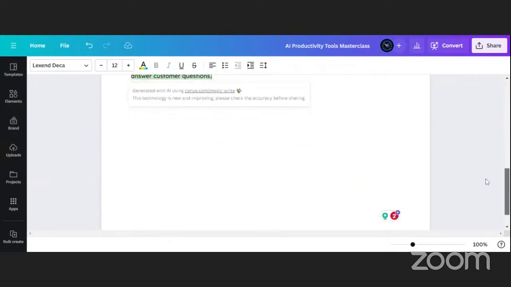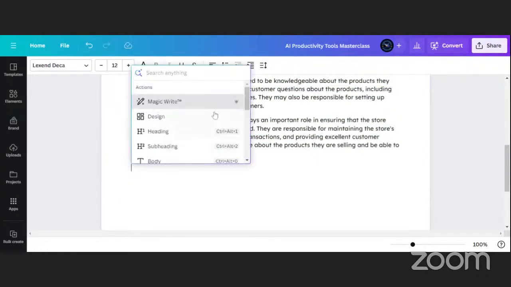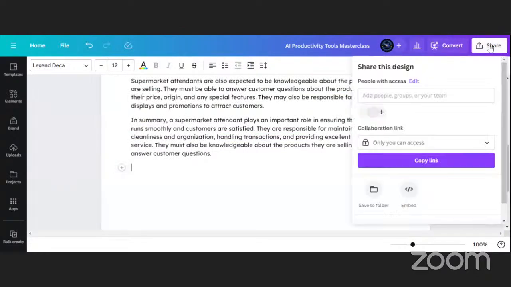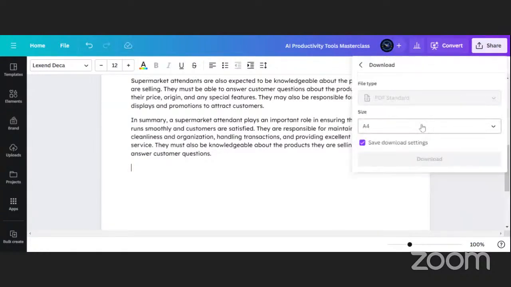Okay. Also, if you are done, if you are satisfied with the response, you can just enter and then you will continue. So it's just like Google Docs. You can do this at the end if you want. You can then export. You can download it. Come to download. Then you can choose the paper. You can download as PDF.